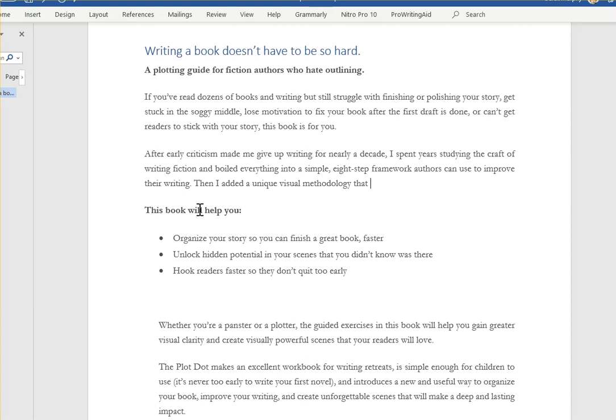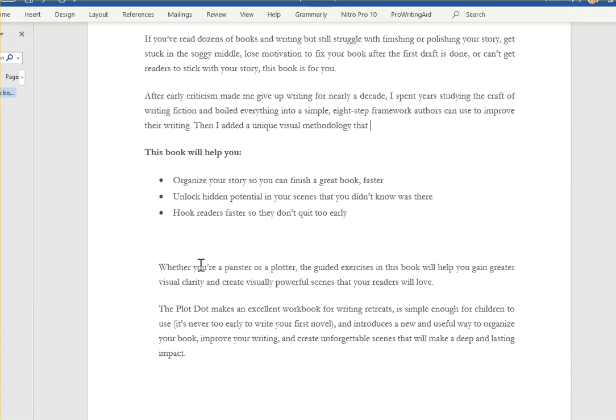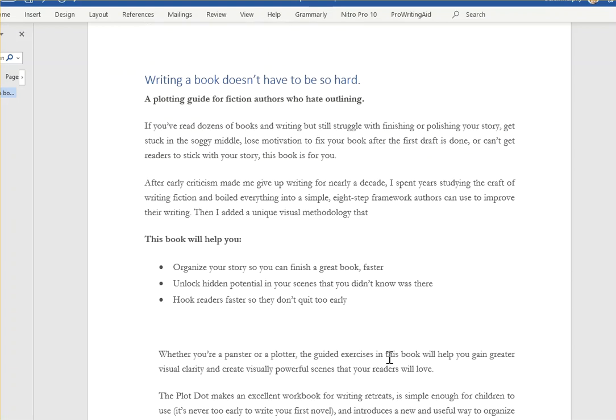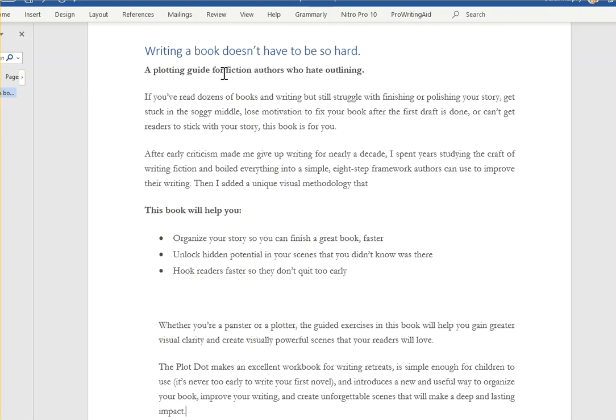And then I focus on whether you're a pantser or a plotter. So it's kind of guided exercises for everybody. I'm really focusing on, this will help you, but this is simple and easy. This isn't overwhelming. This is a simple workbook that will solve a problem. Because I want it to be a valuable resource without being overwhelming, because I think authors are already kind of overwhelmed. There's a lot of different systems for plotting and outlining and stuff. So this is a pretty decent